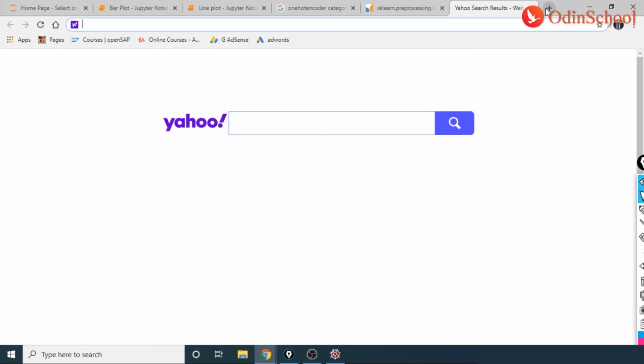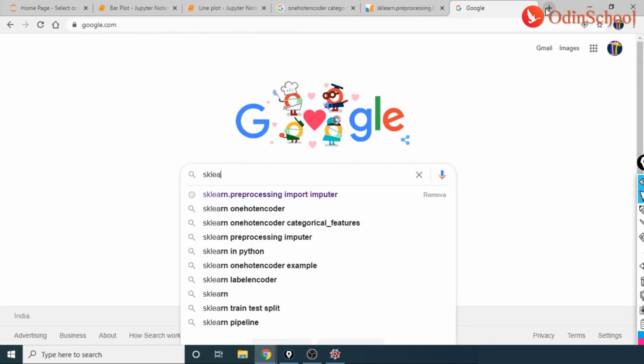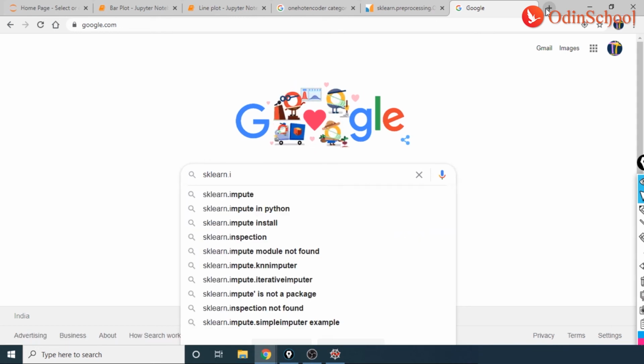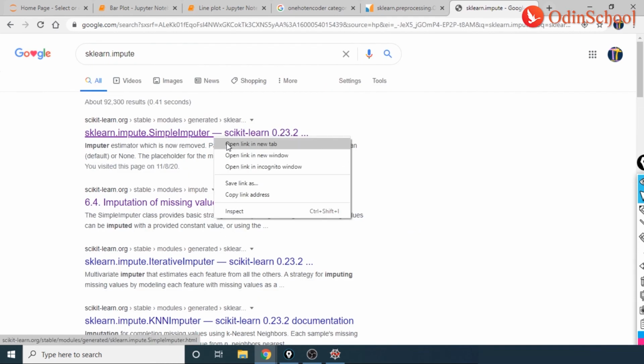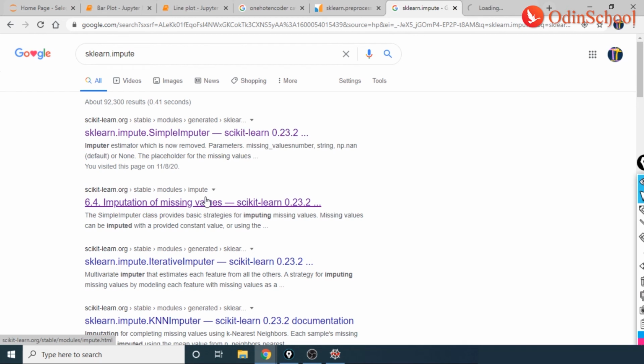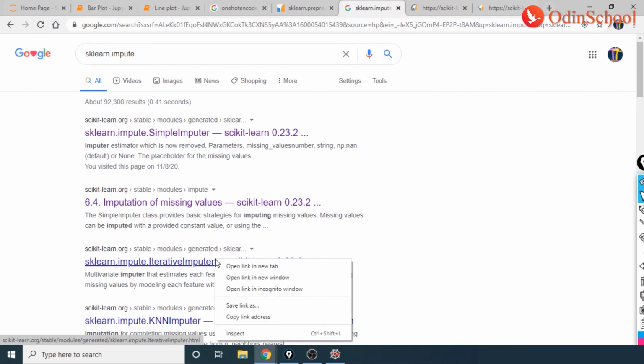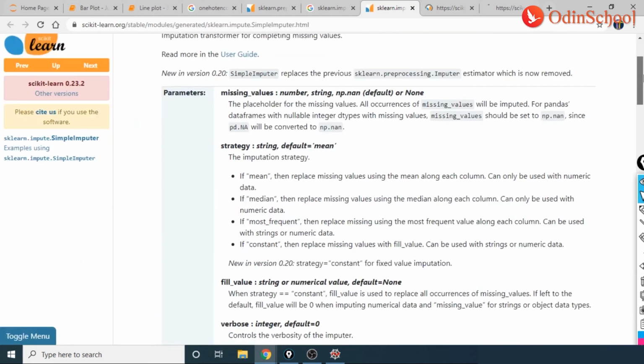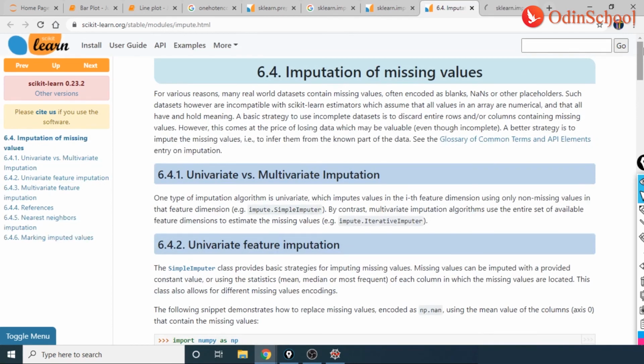Let's go to Google. It will be sklearn whenever you might want to work on things again. And when you do impute, the system would show things for you. And here you can just click on some random values. Okay, like you can just select or randomly open a couple of them and see what are the different types of impute values you have. So here these are the different impute values that we have. Okay, that is the first variant, imputation of missing values. This is the second variant,